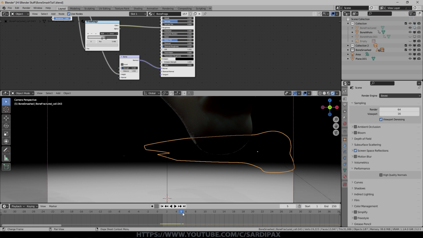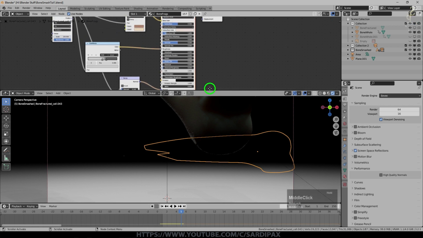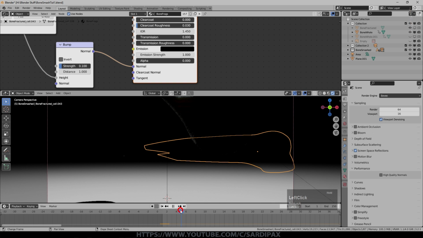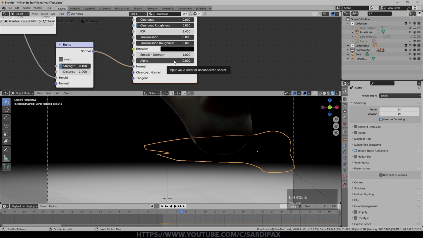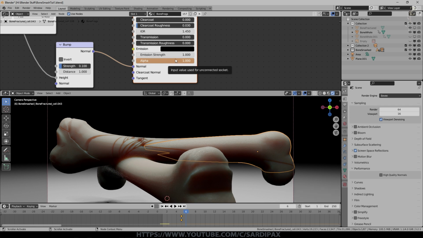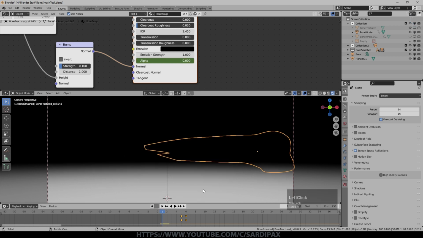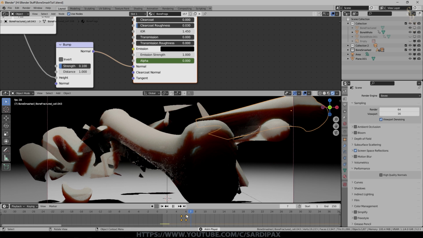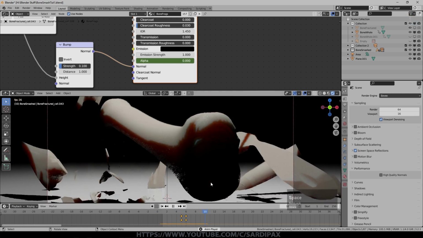So I know that at frame 5, make sure this node is selected, the principled node. I know that up to frame 5, I want those fragments to be invisible. So I'm just going to make sure that node is selected, hover over the alpha setting and just press I. And then going to frame 6, I want them to become visible. So I then turn the alpha back up to 1 and press I again. Looks like our rigid body has been lost, but we'll resimulate that in a moment. If we go back to the beginning and let it calculate, you can see suddenly our fragments appear just as the impacting bone comes down.